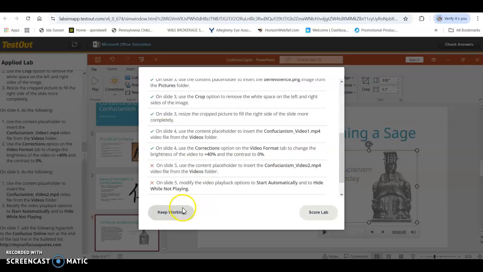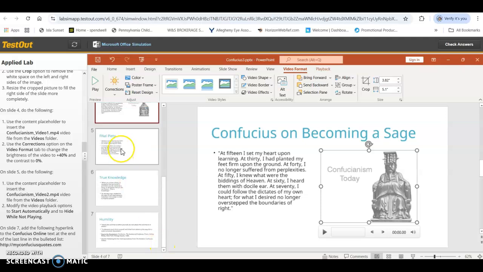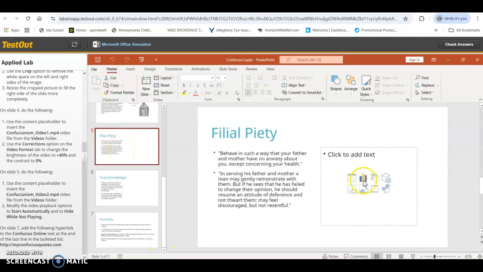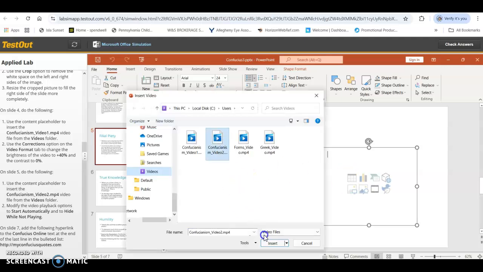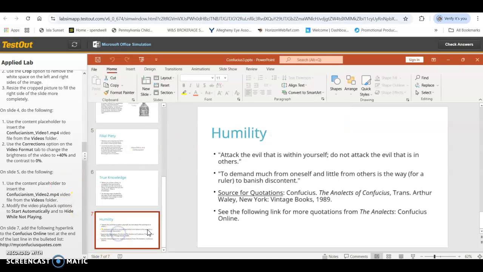All right, slide 5. It says use the content placeholder to insert the Confucius 2 video. So I'm going to click that. Here's our Confucius 2 video. I'm going to click insert, modify the video playback options to start automatically, which is that one there, and to hide while not playing. And then on slide 7, we want to add the following hyperlink to the Confucius Online,